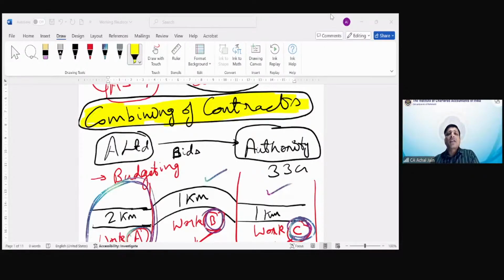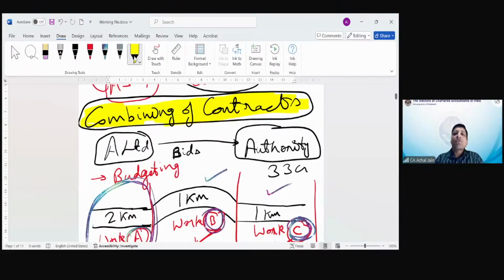Okay, Hardik is asking, then A Limited will have to pay liquidated damages. See, if A Limited wants to walk out, or decides not to work on contract B and C, of course there could be some financial penalties. There could be some other implications which may arise on the part of A Limited. But that is all legal in nature. That is not something which will have any impact as far as accounting is concerned.